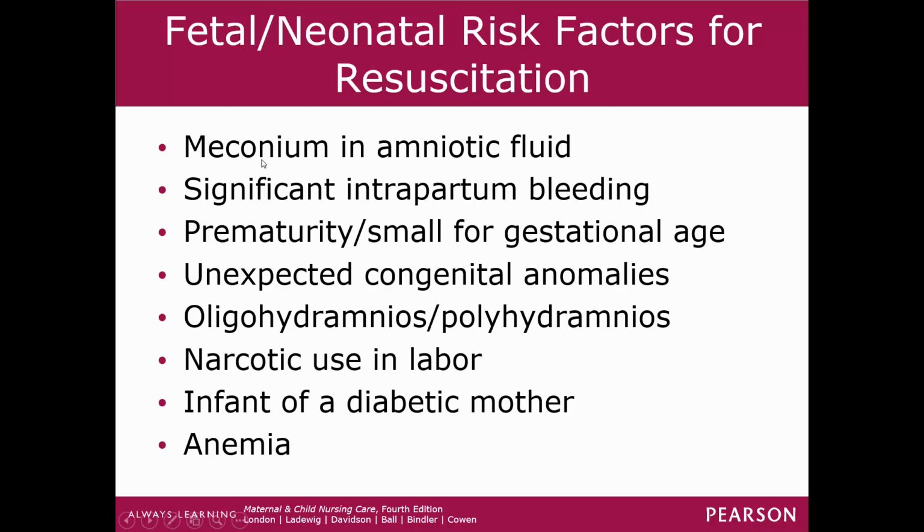But anyways, what other things can tell us that we're going to have a baby that's going to probably need some resuscitation is a woman who has meconium-stained amniotic fluid. We can anticipate that our baby is going to need support afterwards. If she has some significant bleeding during labor, or throughout her pregnancy, it might tell us that we might have a bad baby. If we're delivering prematurely, we're pretty much anticipating a bad baby. If we've decided we have an SGA baby,